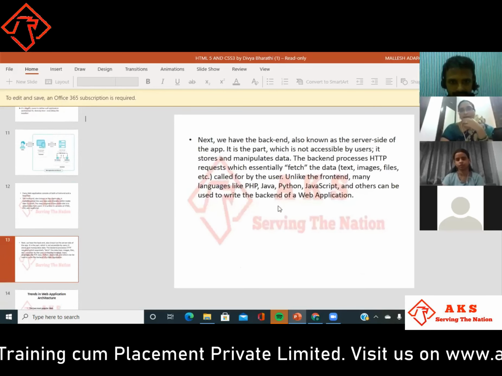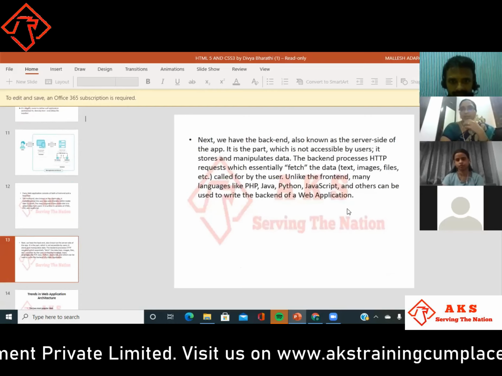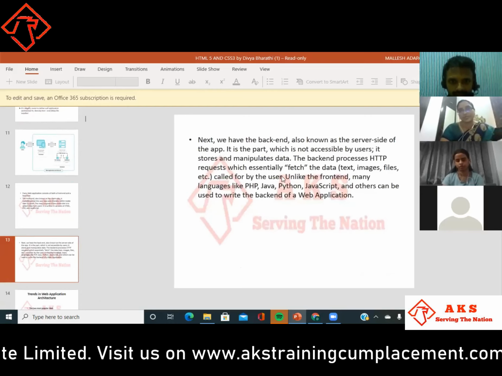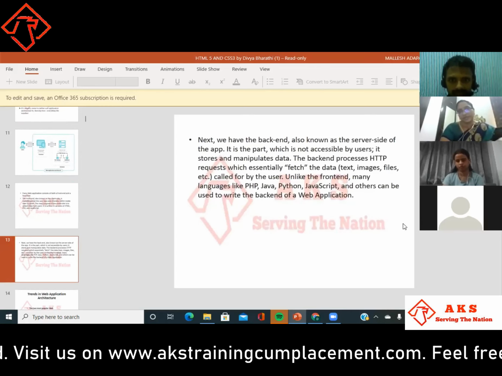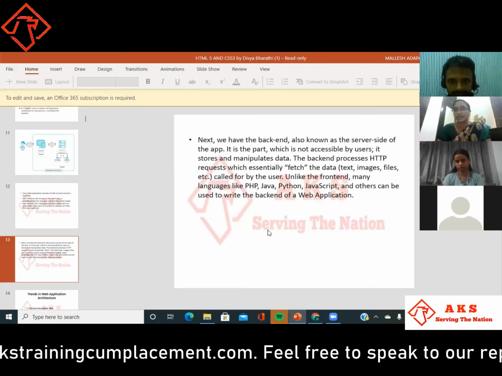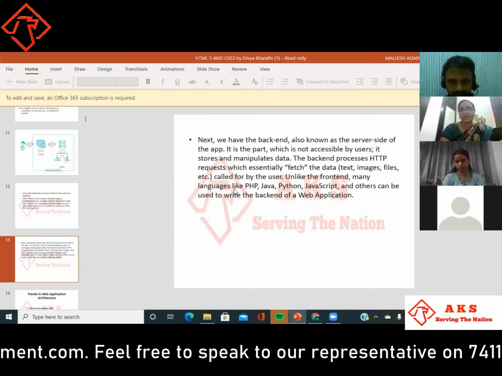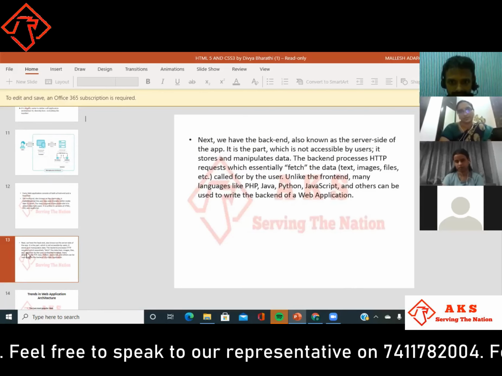Next, we will see the backend. Backend is known as the server side of the app, which is not accessible by the user. It will fetch the data by getting the request from the front end, and it will give the response to the front end. The front end shows it to the user.